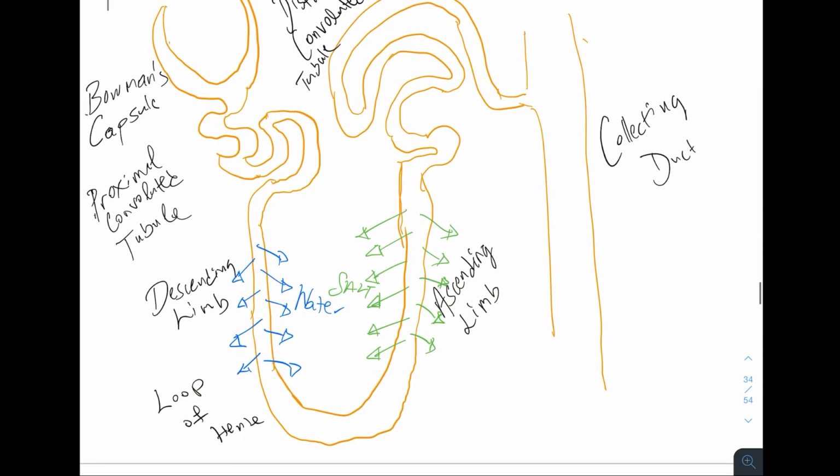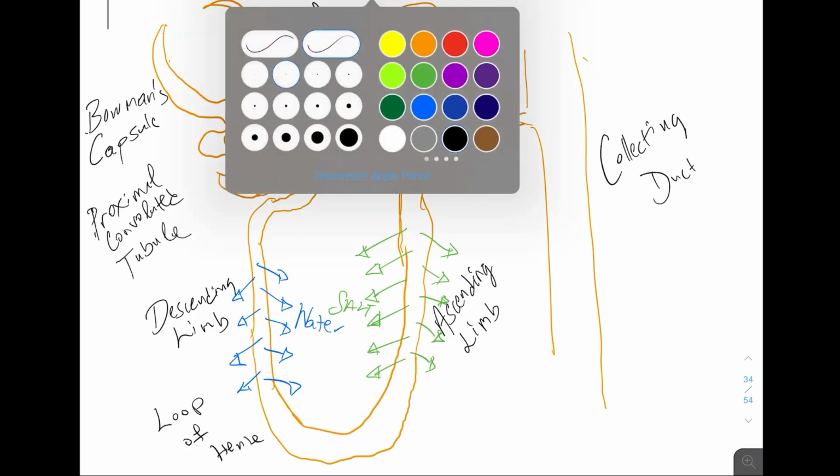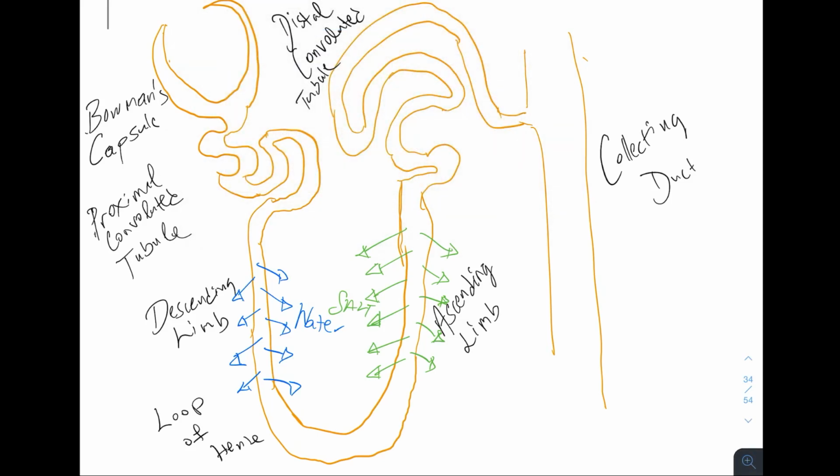So, what about the descending limb? The ascending limb is, and let's just orient ourselves real quick, right? This right here is the Bowman's capsule. So the filtrate's going this way. It's going through the proximal convoluted tubule. We talked about the proximal convoluted tubule being really important for most of the reabsorption that takes place. And there's more to talk about there, but we only have so much time, so we had to focus on